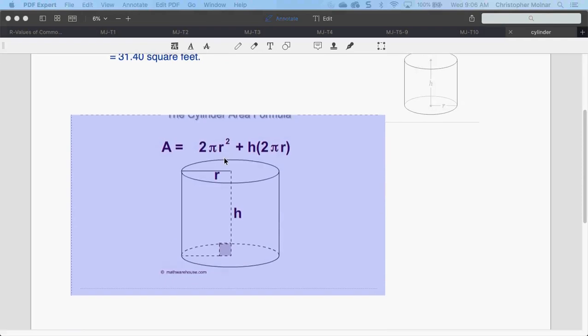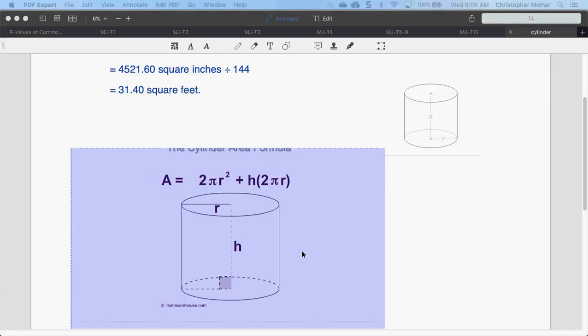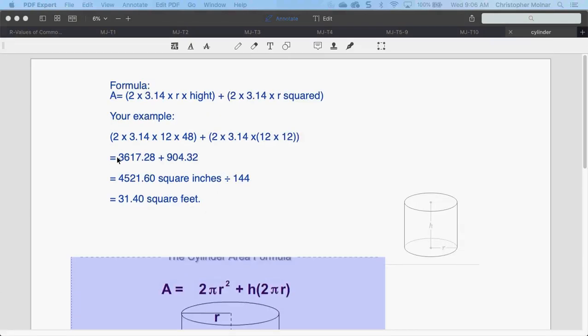So the actual formula is 2 pi r squared, and I forget who asked that question, but you were really right to ask the question. And also height, then added to the height by 2 pi r squared. So again, we do the area of both upper and lower circles, and then we do the perimeter area. They had the first part of it right, but they forgot the second part of it. Adding it together, it came up to